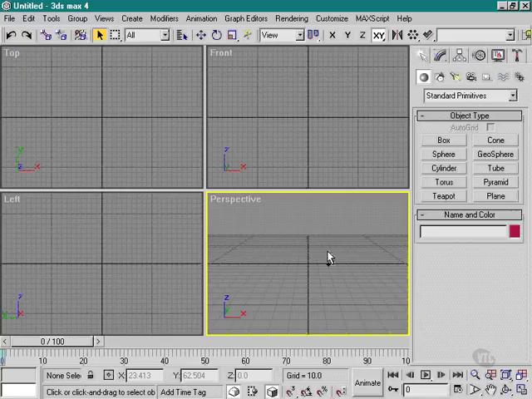Let's take a quick look at viewports. What we have here is 4 basic viewports which Max sets by itself every time you start Max or start a new file within Max. Now viewports are very important to the user because this is how we're going to access our data, is through